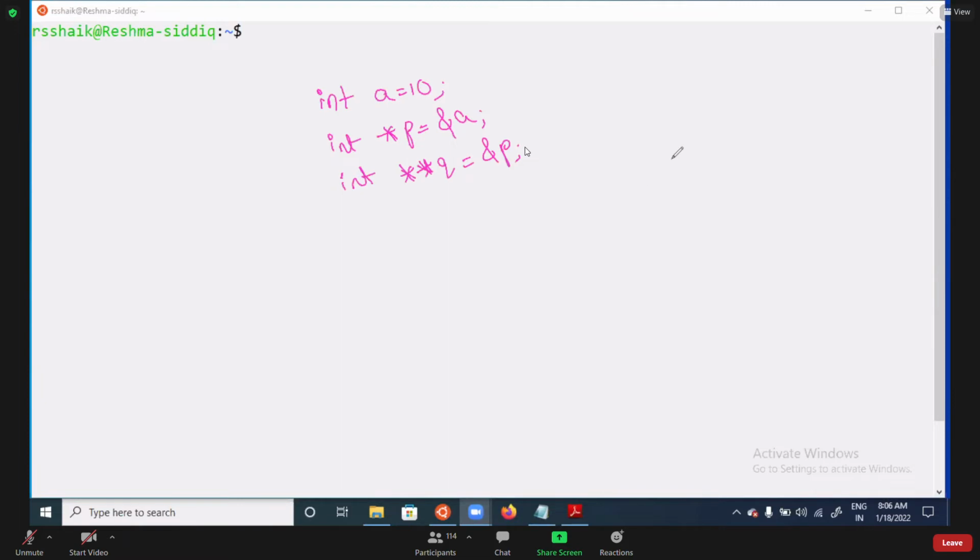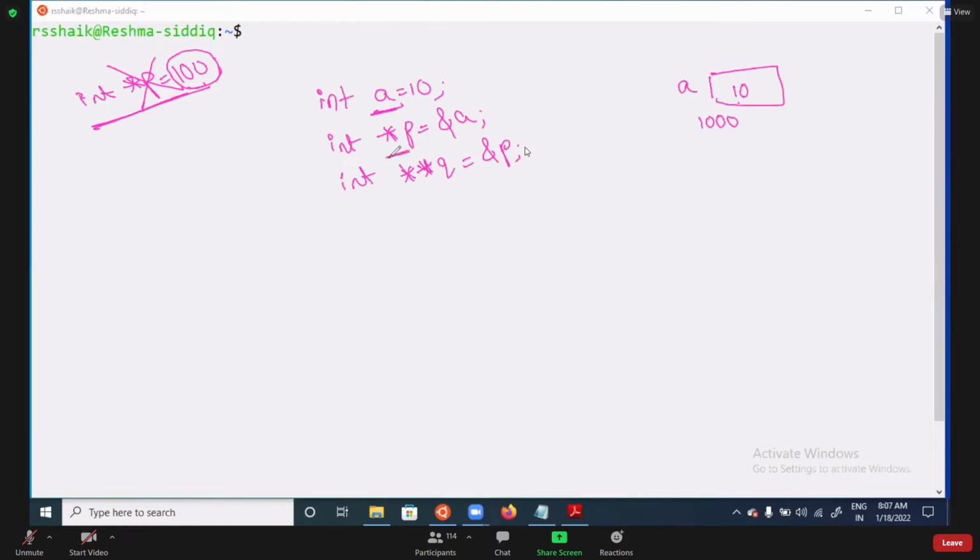Try to analyze here. A value is 10. Address is assumed 1000. So you need to understand the actual concepts if you observe. If you are storing the value, then a variable is required. You should not take it like this: int *p = 100. Can I take it like this? You can take it, but while dereferencing, problems will come. So whenever you are taking a pointer, you should not take content. If you are taking content, as per the standard, it should definitely be a variable.